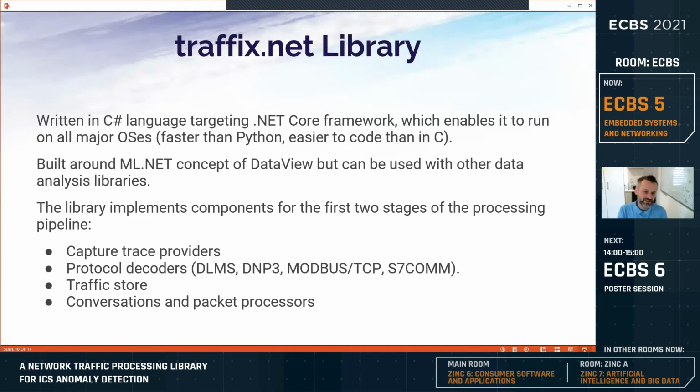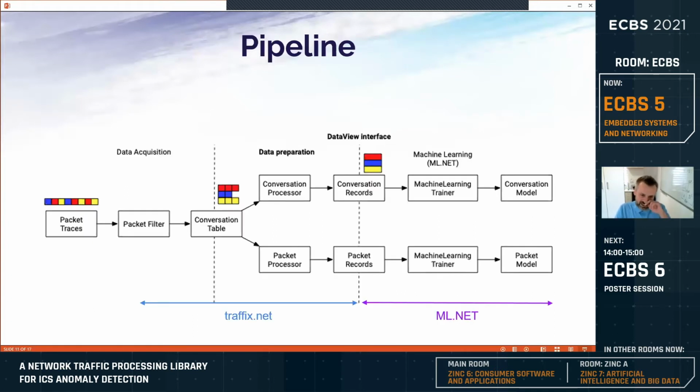And by this, it is very easy to integrate it with other data analysis libraries. And there are some major components implemented in our library that perform the data preparation. And this is the entire pipeline that can be used for training some machine learning models. So at the beginning, we have, for instance, packet traces. Then in our library, we can apply some packet filters and